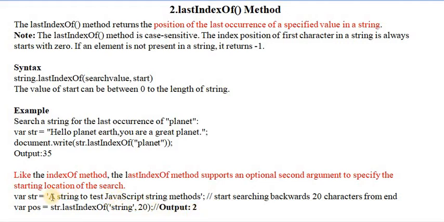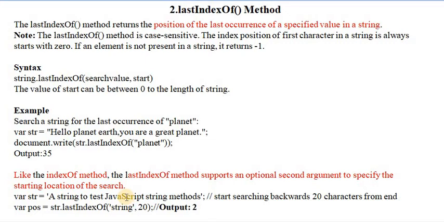At the second position, 0, 1, 2, the string is present, and in this other position also the string is present, but it returns 2 because here I am passing the index value, so it does not start searching from the first position; it starts searching backward from that position, 0, 1, 2, up to 20.